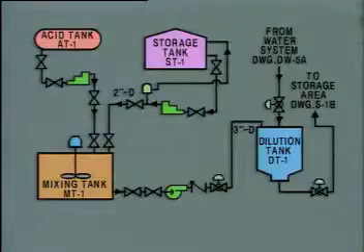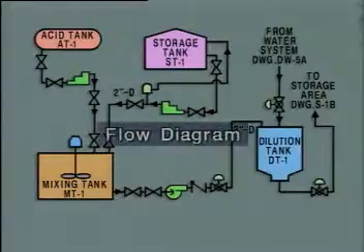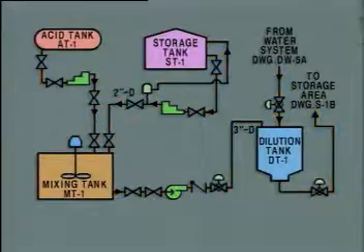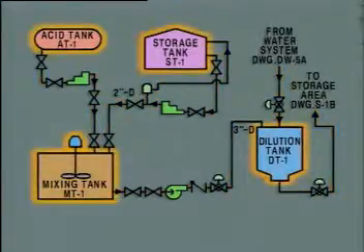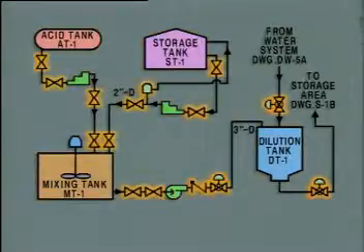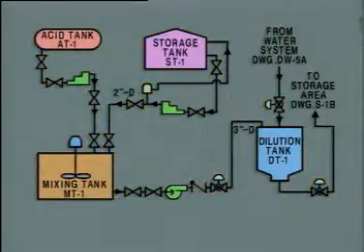Piping system diagrams provide more detail than block diagrams. This diagram is a kind of piping system diagram called a flow diagram. It uses lines to represent process flows and symbols to represent process equipment, including tanks, pumps, and valves in the system. But a flow diagram doesn't show the devices used to monitor the process or all of the devices used